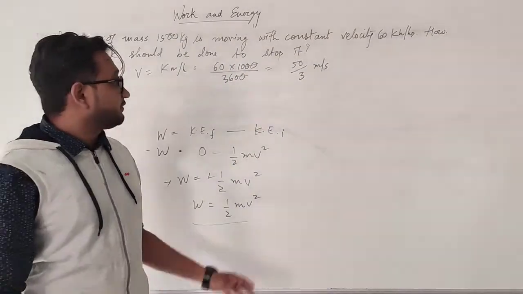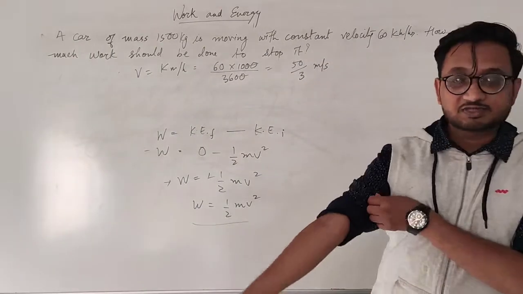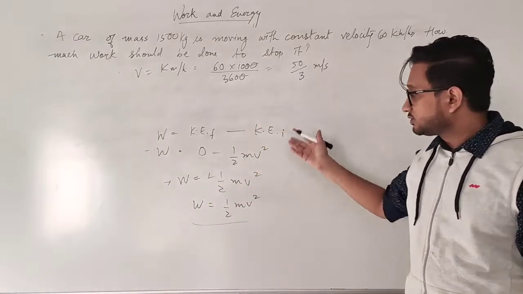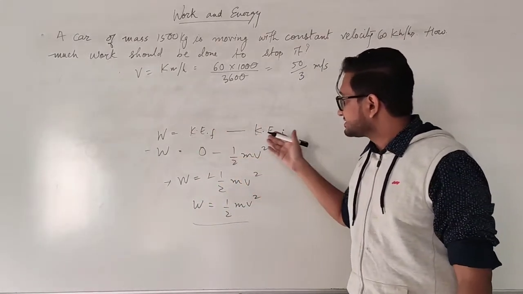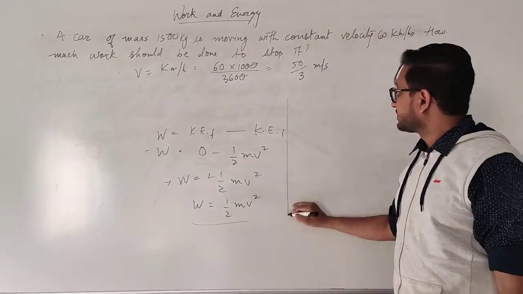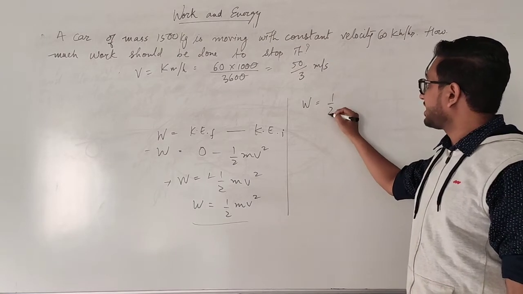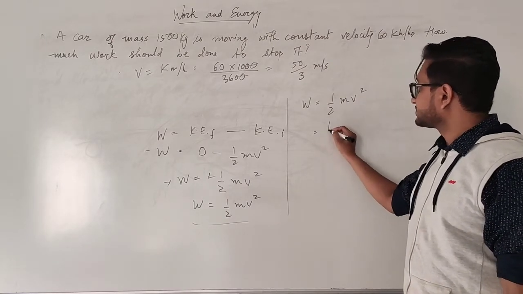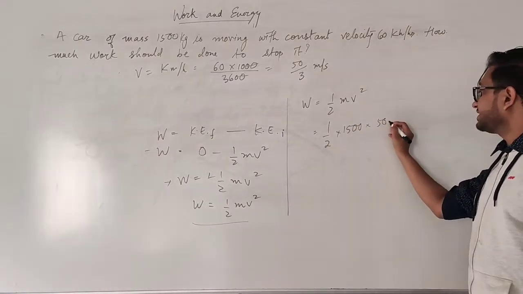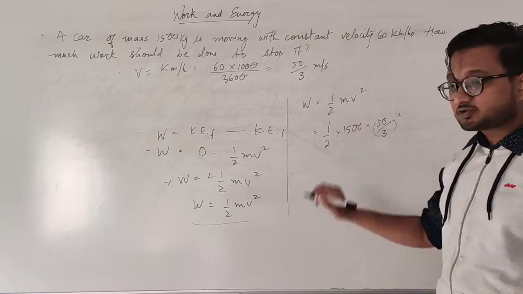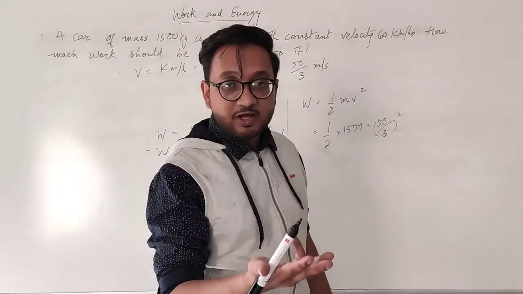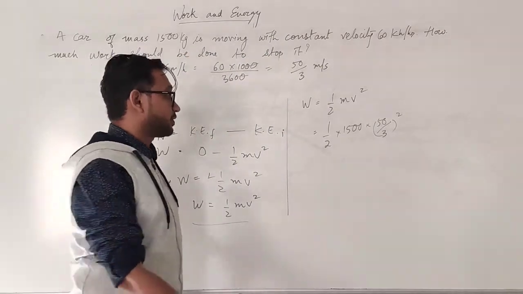Okay, you will have to do it by yourself. 50 by 3 meters per second. Now we have the velocity, we have the mass. All you need to do is substitute. So final minus initial, so minus half mv square, but the negative sign gets cancelled from both sides. So ultimately what I will write is work done is half mv square, that is equal to half, mass is 1500 kilograms, velocity is 50 by 3, but remember that we have to do the square for this. So it is not just 50 by 3, it is v square, velocity square. Quite simple.